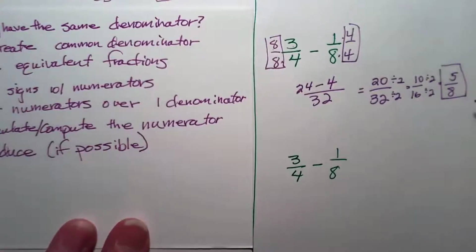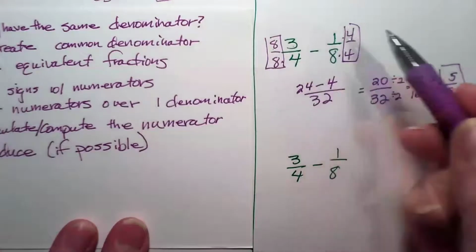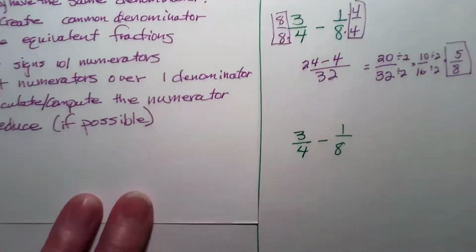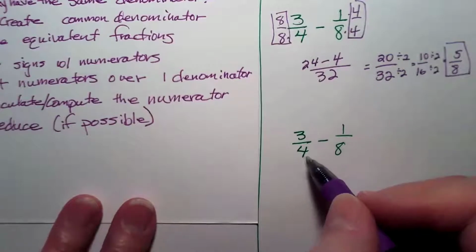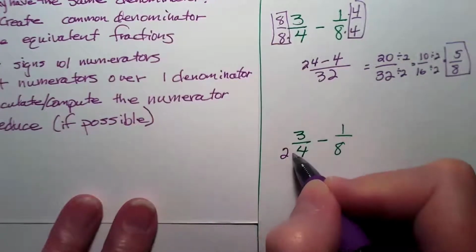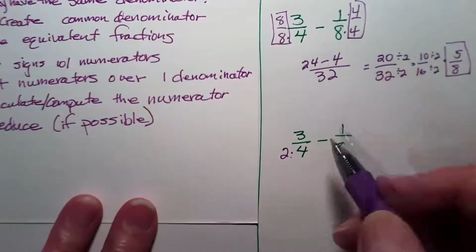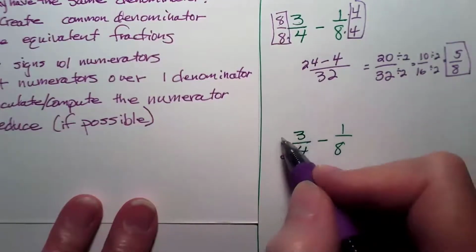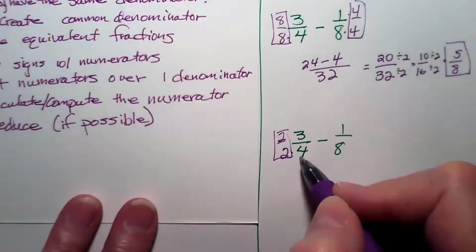There would be a simpler way to get to that. This is totally legitimate. You use that same system and you do it all the time. But if you look at this and you say, well, I could use 8 as my common denominator, because if I multiplied this by 2, I'm not going to multiply it by the opposite number. I'm just going to recognize that if I multiplied this by 2, I'd have to multiply this by 2, it would turn into 8.